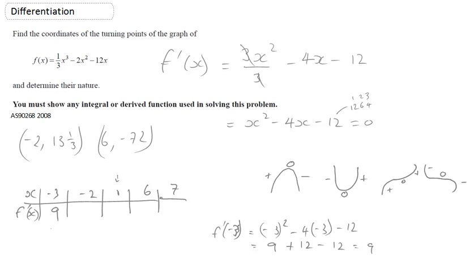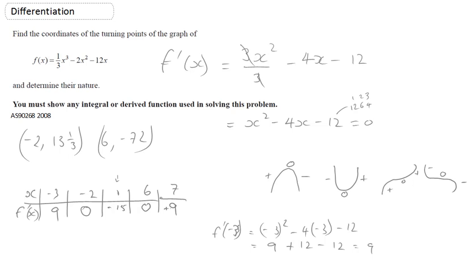Right, the rest of the values I'm going to do really quickly because I'm using the table function. Because -2 is my turning point, its gradient is 0. If I substitute 1 in that table, I get -15. If I substitute 6 in that table, I get a gradient of 0 because it's a turning point. And the last one I'm going to substitute in is 7, and that too gives me a gradient of 9,